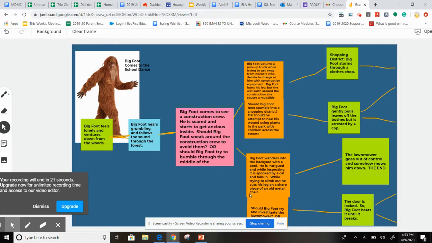And then sometimes you can even kill off a character as long as it's not violent, although this actually sounds kind of gross. So he wanders into a backyard, falls in a pool, climbs out, cuts his leg. And then it says, should Bigfoot investigate the lawnmower, or should Bigfoot